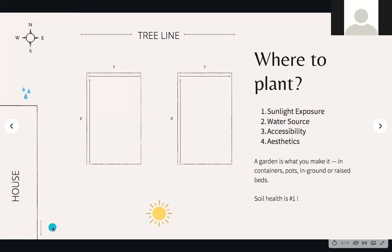So coming out of the house, it's really nice and convenient to walk right through the garden here. These garden beds, looking at it, are about 2.5 feet spaced apart. That means you're going to have a lot of space to maneuver around if you're having multiple beds. And these beds aren't too wide, meaning that you can access them from both sides. So in terms of accessibility, it's going to look amazing when you walk out and go right through to your